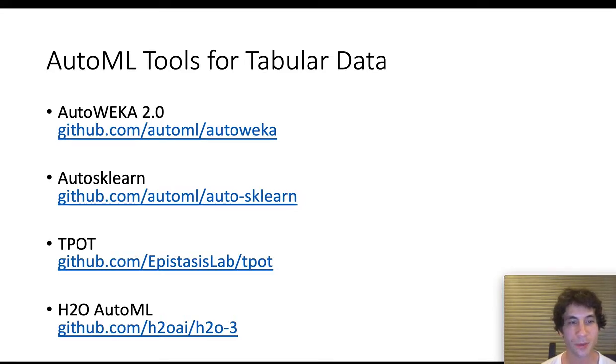The third system we will talk about is TPOT. It's a tree-based evolutionary optimization system that optimizes full machine learning pipelines through an evolutionary algorithm. These pipelines include pre-processing steps to transform the data appropriately, as well as modeling steps to select models and their hyperparameters. By evolutionary algorithm, we mean this system starts with some randomly constructed pipelines